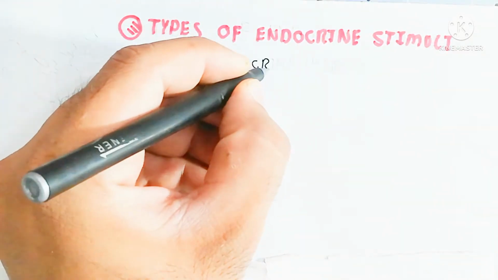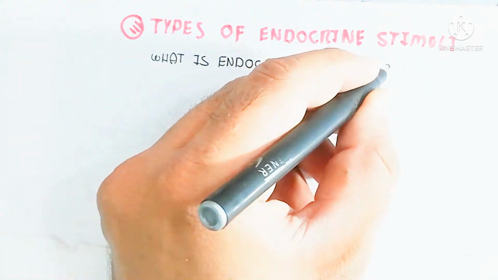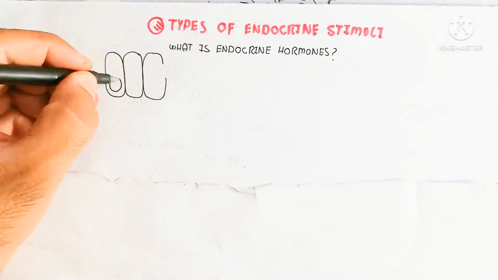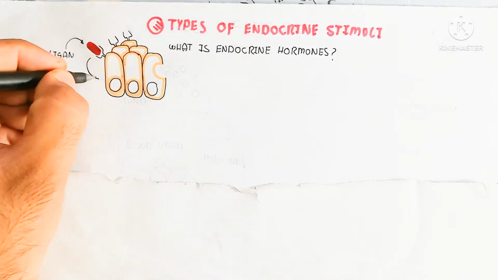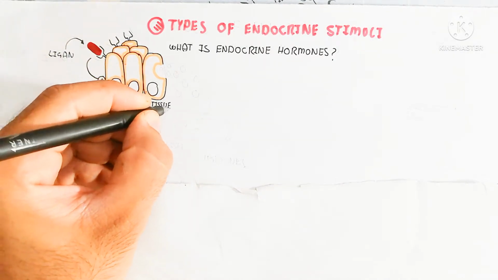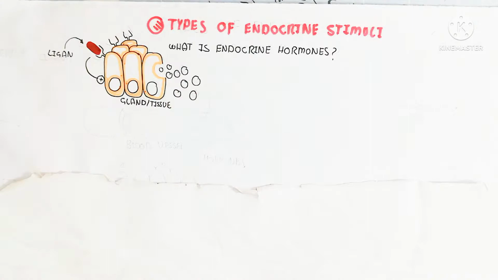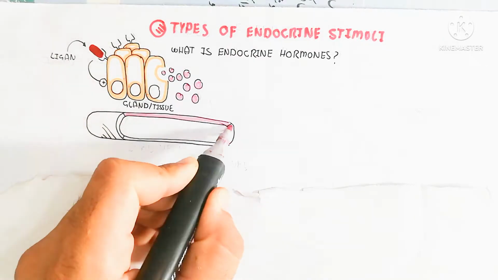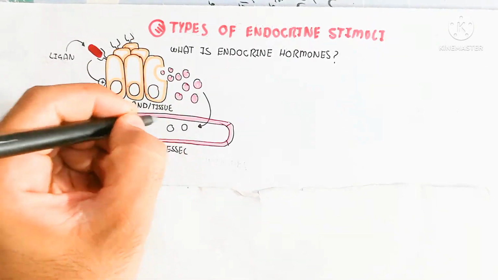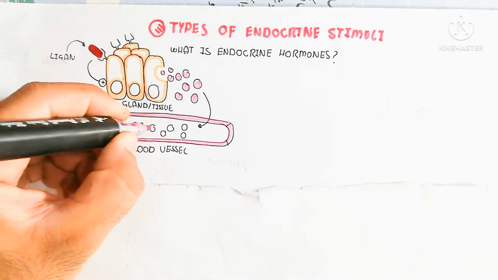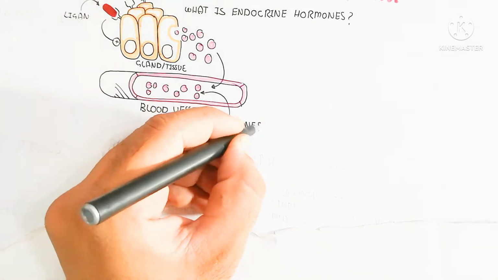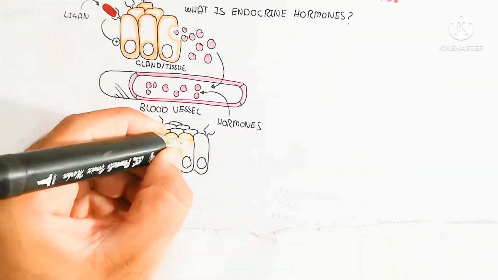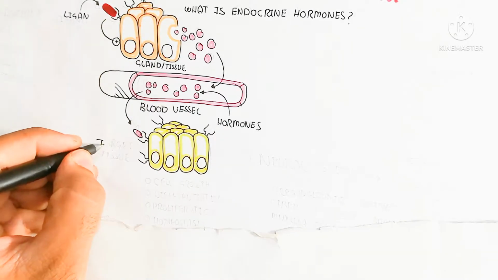First of all, we need to understand what endocrine hormones are. So let's begin. For example, a gland or tissue contains a receptor, and the receptor will bind with ligands, any type of stimulator or inhibitor. In this way, it will stimulate exocytosis of the vesicle, which contains a molecule known as a hormone, which will change the physiology of other tissue or other glands, and this is the blood vessel. So endocrine hormones require the blood circulatory system for